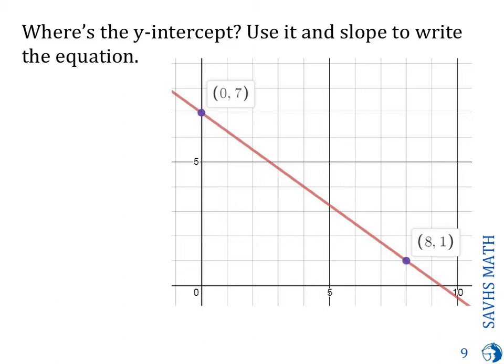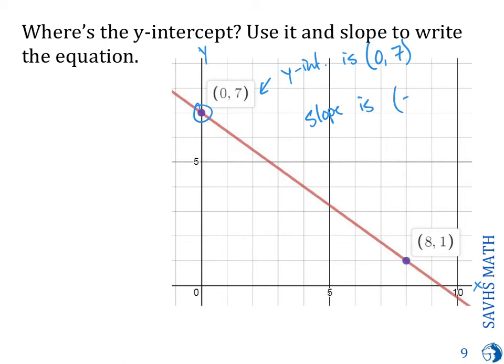Okay, so the y-intercept is where the graph crosses the y-axis. So that's this spot right here. Y-intercept is 0, 7. Okay, we saw that our slope